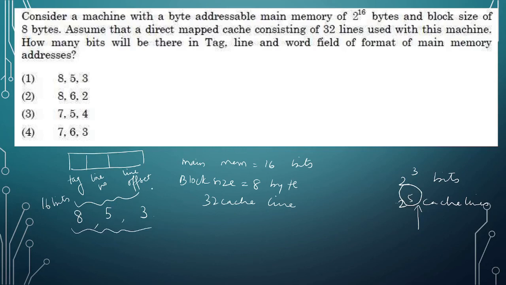Line offset आपको कहाँ से मिलेगा? Block size देख लो आप. So block size is actually equal to the line size. Remember this, line size जो cache memory का होता है, that is equal to the block size of our main memory. हाँ, so block size हमें कितना आया, 2 raised to 3, right? So line size also would be 2 raised to 3, but the bits used are 3. So the line offset becomes 3 here. When I say line number, how many cache lines are there? 32. So 5 bits would be used. The remaining would be the tag, क्योंकि मेरा जो main memory address है, वो 16 bits का है.